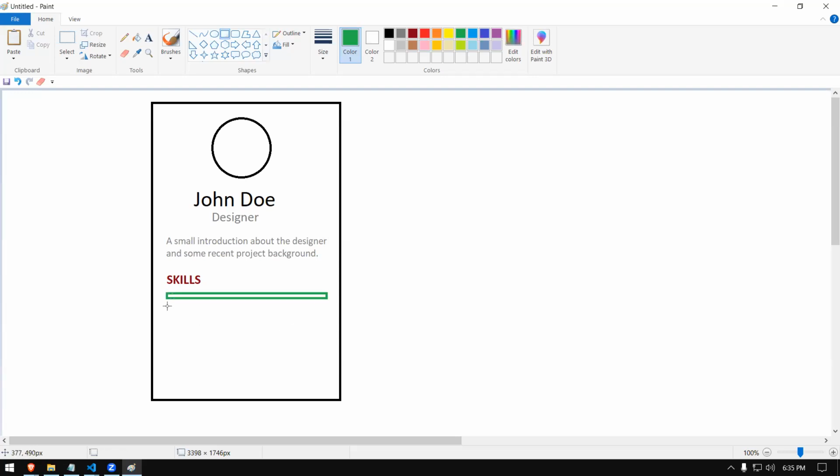You want to put a progress bar for that. Let's say CSS, how much knowledge you have. Then you want to put JavaScript. Let's say you have very good knowledge of JavaScript. Let's say Photoshop, somewhat you know Photoshop. Let's say Adobe Illustrator, you know a little bit more than Photoshop. And why not some other things? If you want to have something like this created,